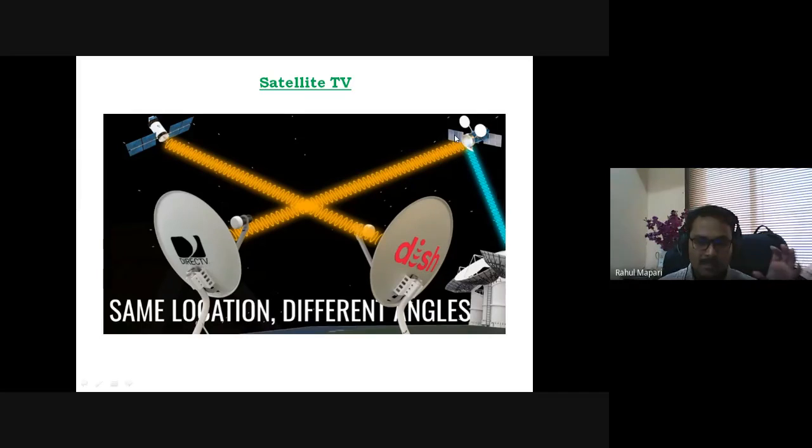That's why at the receiver end, at the same location, the dishes have different angles, and that angle depends upon the location of the satellite. Likewise the satellite TV works.